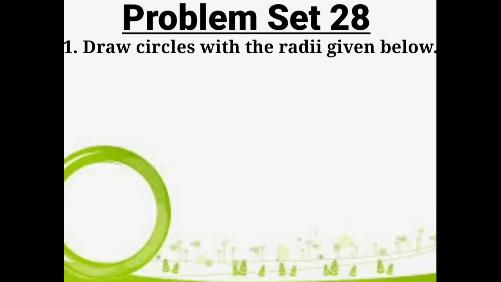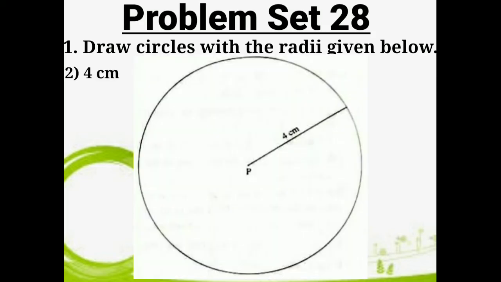In sum number 2, we are expected to draw a circle with the radius 4 cm. Following the same steps that we did to draw the previous circle with the radius 2 cm, we will also draw this circle. So at first, with the help of a scale, we take a distance of 4 cm between the pencil point and the tip of the compass. Then we take a fixed point on the paper, and then by holding the tip of the compass steady on the chosen point,